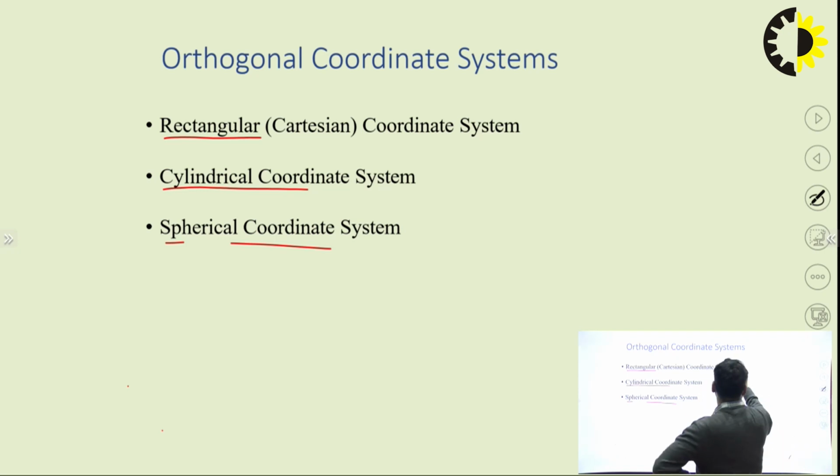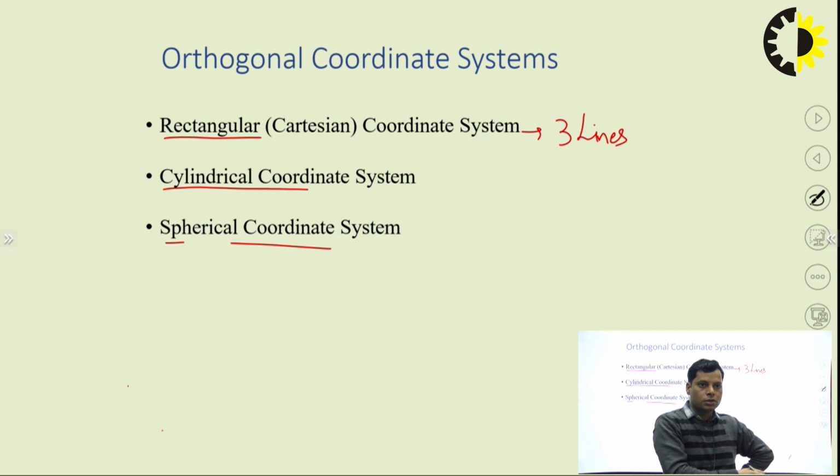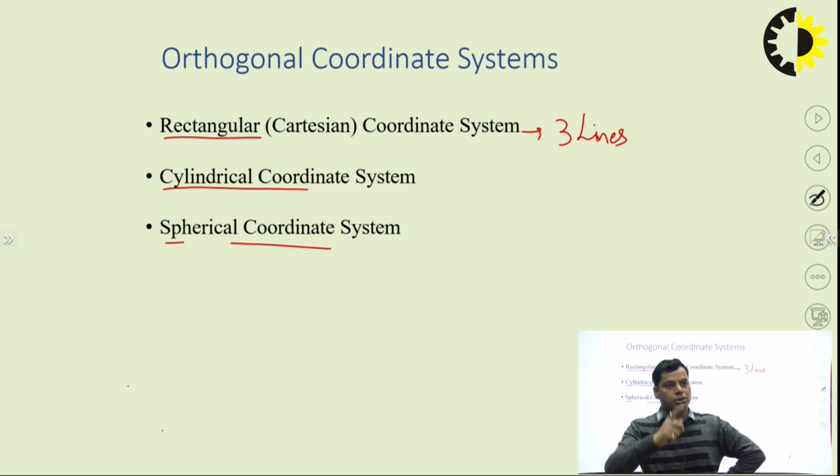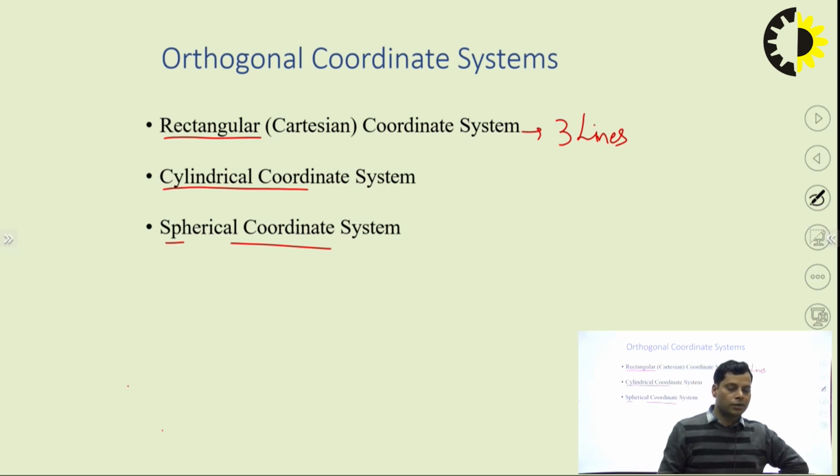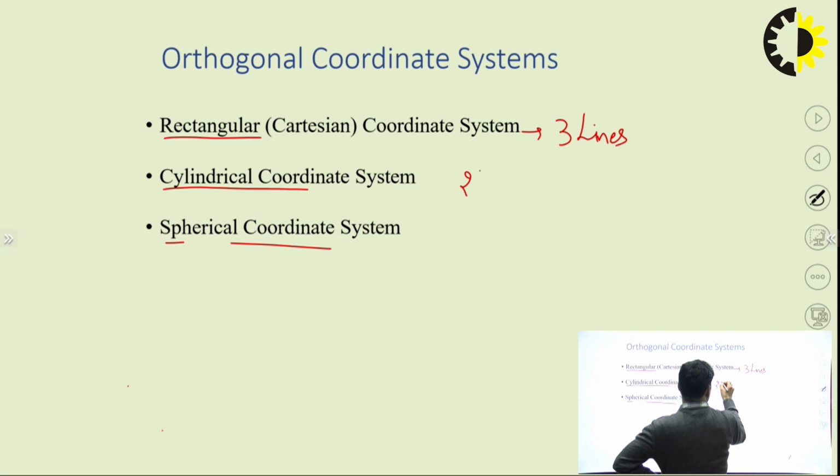Okay, so this coordinate system will have three lines, like I discussed in a room. So it will have three lines and zero curves. Mainly in a three-dimensional view, three axes will be available there. So three lines is a rectangular coordinate system. If we are considering a curve in any plane, so when we consider two lines and one curve,